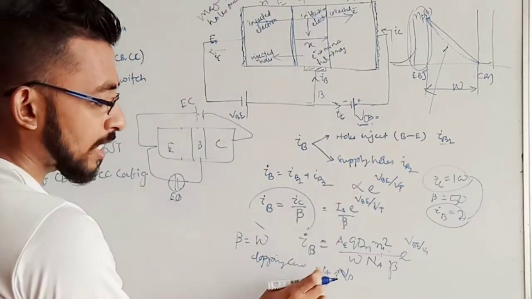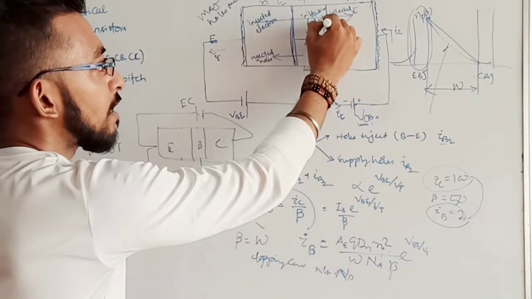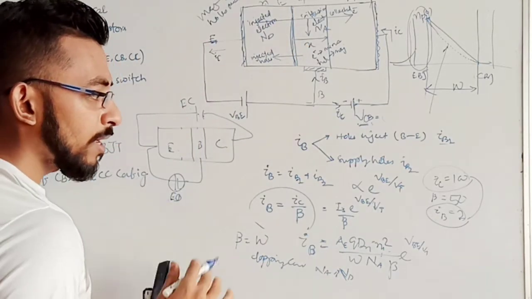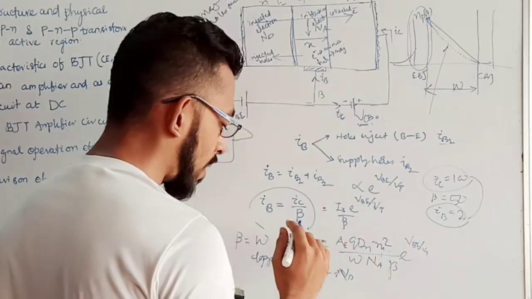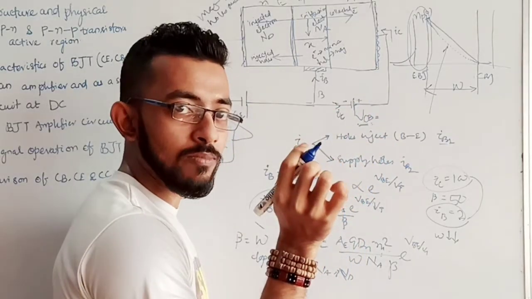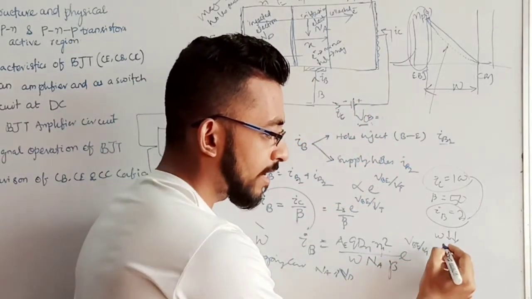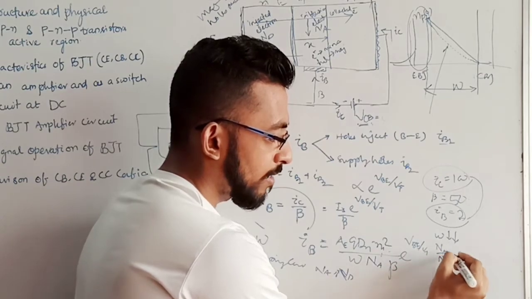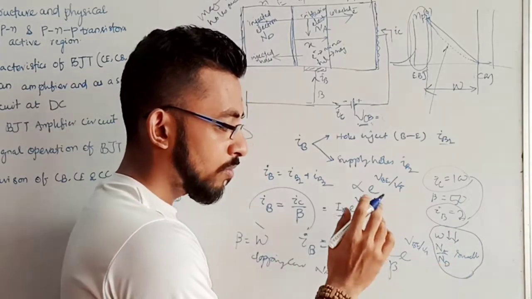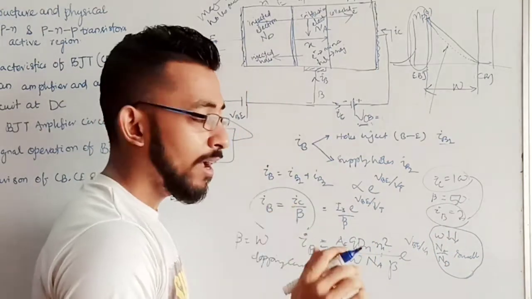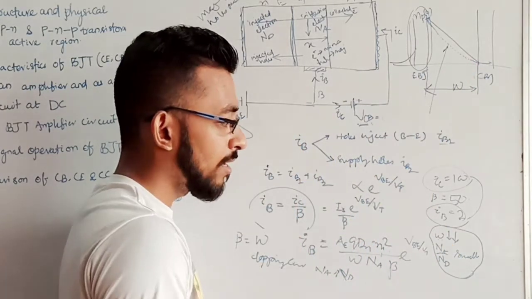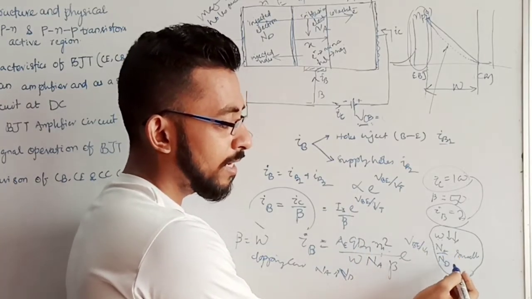Na, that is applicable for the acceptor, means for this side, this is Na. What is Nd? The doping concentration of this N side. So for a high value of beta, what are the conditions? My W should be very less, means the width of the base should be very less, and my Na upon Nd value also small. These are the two conditions. When they apply, then my beta value will be very high. If the W value is very less, at that case my beta will be very high. Second, my Na divided by Nd will be small.